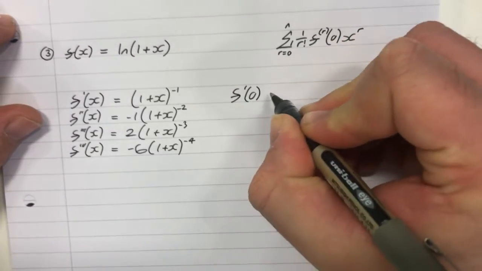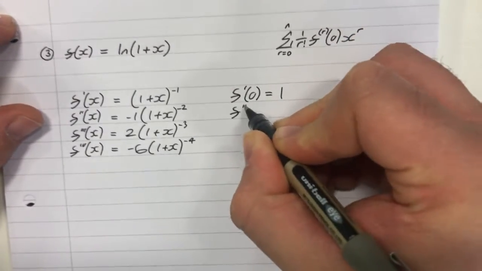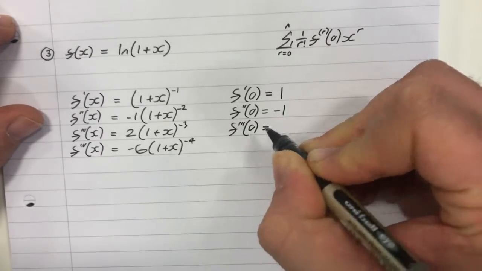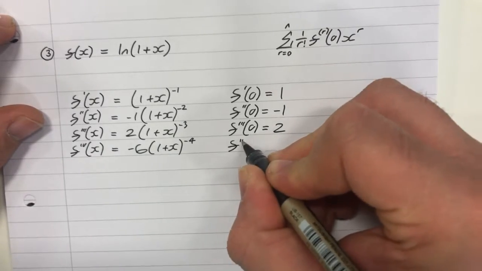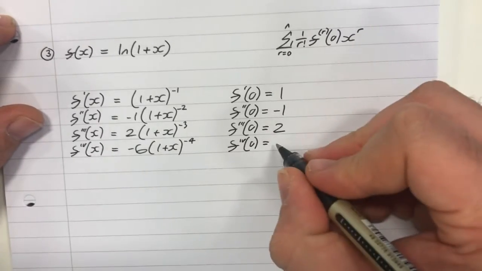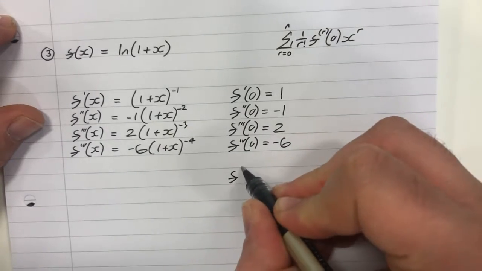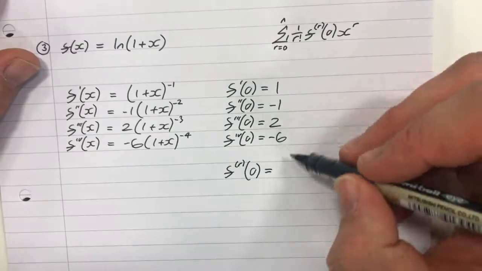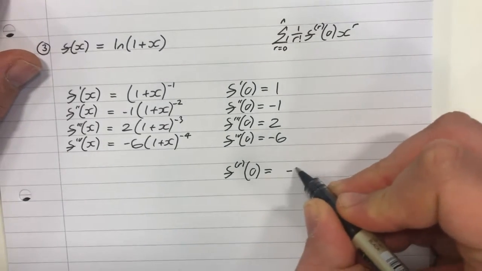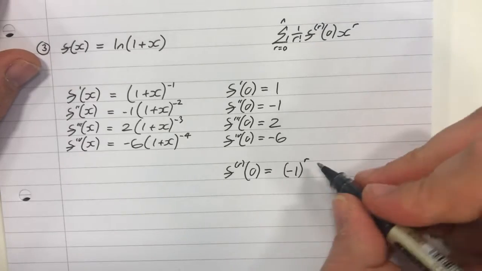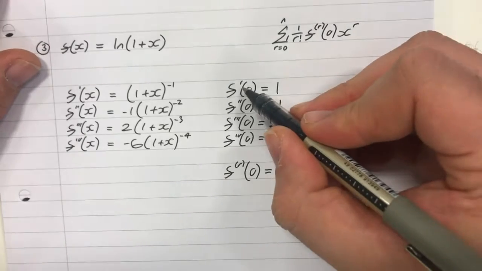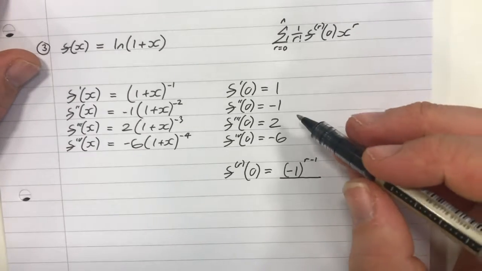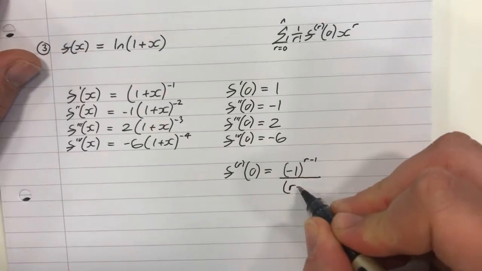So f primed of 0 is 1. F double primed of 0 is minus 1. F triple primed of 0 is 2. And the fourth derivative of 0 is minus 6. And the general rth derivative of 0, again, we can see it flip-flopping between positive and negative. So it's going to be minus 1 to the r minus 1, because when r is 1, I want it to be positive. And that's going to be